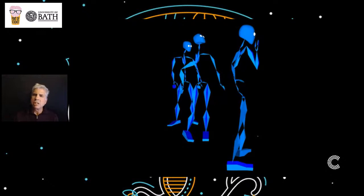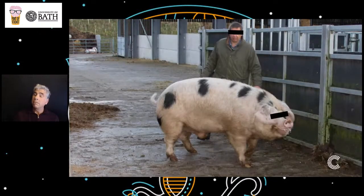So what we had to do is then build a data set of pig motion, which the machine learning could then use to take the bipedal motion from the actors and turn it into the appropriate pig motion. Now, of course, for this we needed a pig, so we went to our local farm,